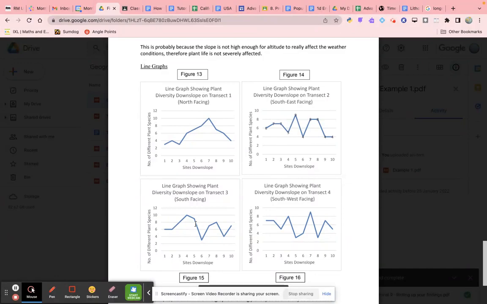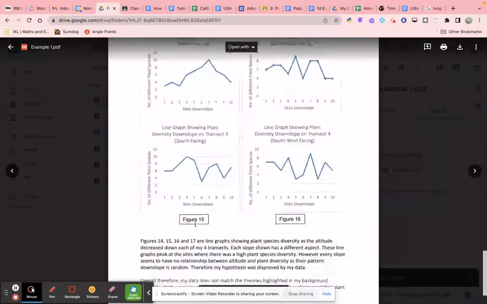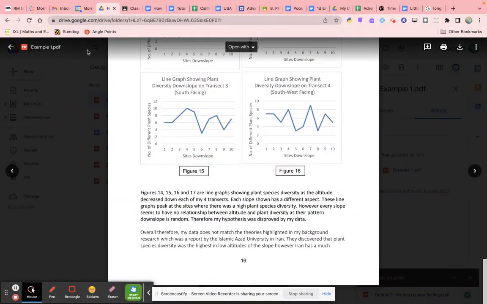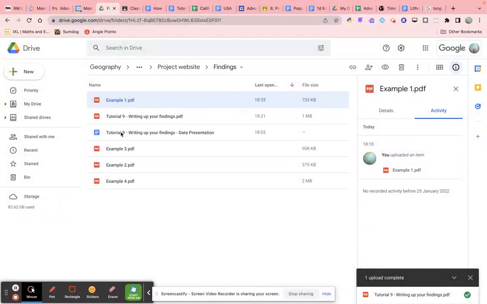And we can see there's the 4 graphs and the 4 transects. So that's a really nice little piece of data presentation by this student. Example number 2,